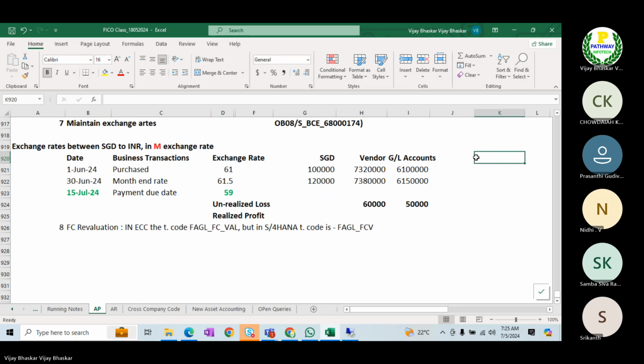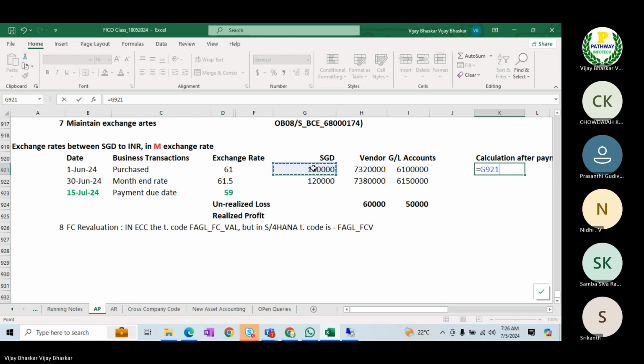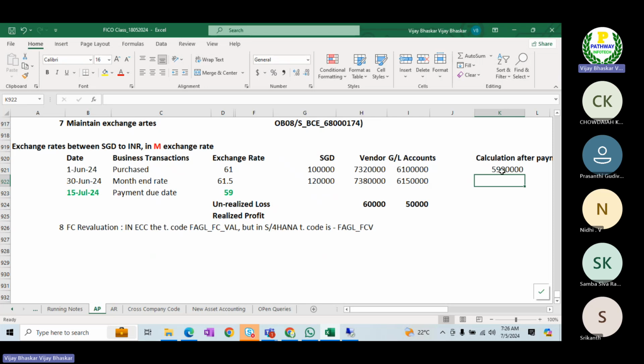So now during the month end, after payment, calculation. Now what is the price? Singapore dollars are the same only, but now price we have to understand. Then 1 lakh into 59. Okay, so 59 lakhs which you have to make the payment.